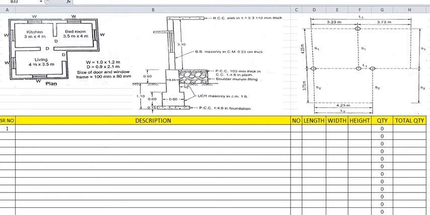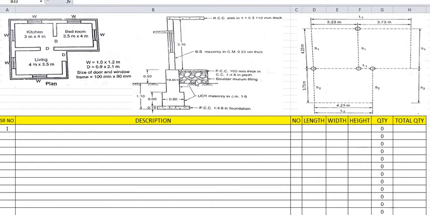Here the height of boulder filling has not been mentioned, but we can find it from the total height. The total height is given as 0.9 meters. We have to subtract the height of PCC from this total height. What is the height of PCC? Here the height of PCC is mentioned as 100 mm. So we will subtract: 0.9 minus 0.1, converting this 100 mm to meters, that is 0.1. So 0.9 minus 0.1, the remaining height will be the height of boulder filling, that is 0.8 meters. Indirectly the height of boulder filling has been mentioned as 0.8 meters.